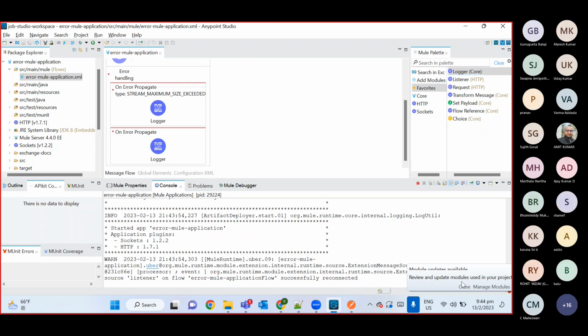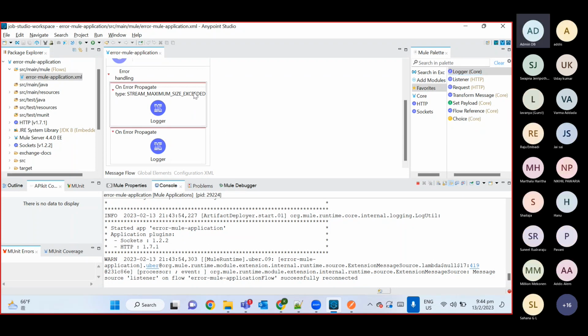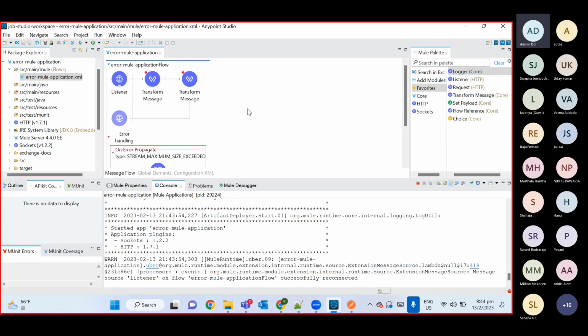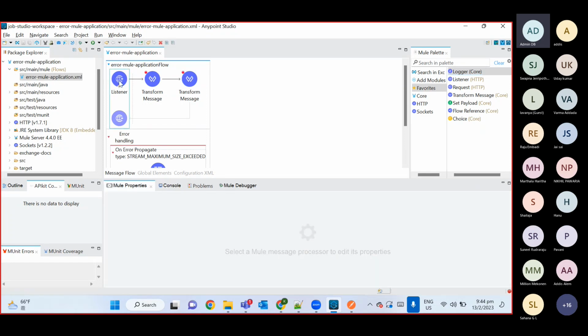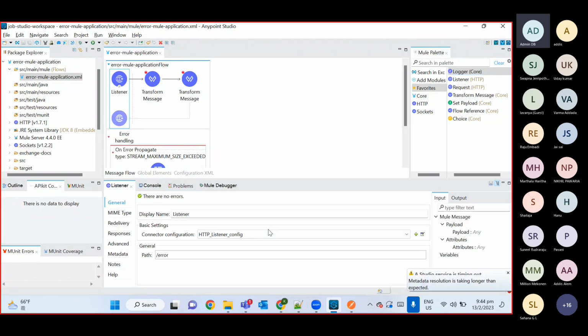Ravi, what is the stream maximum size exceed error and how does it come? Yeah, so the stream max size error is a property of the HTTP listener. If you see in the HTTP listener, you can do streaming here. That will be a bit of an advanced topic, but let me give you some idea. So if you go here,